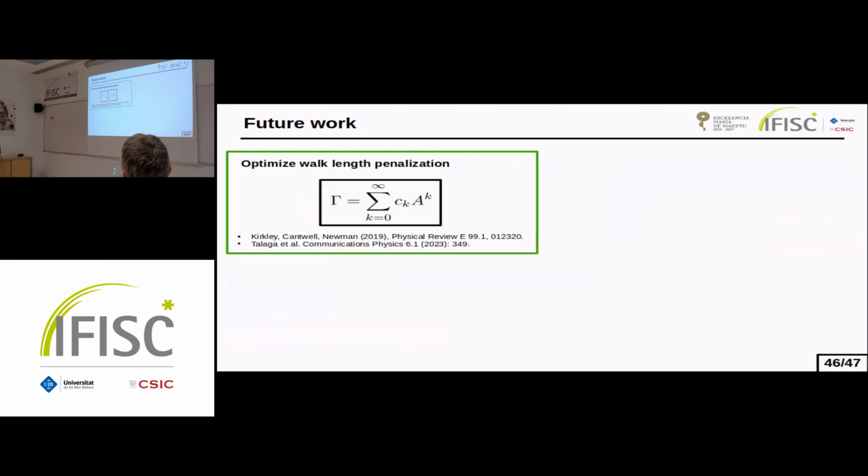Finally, as future work, I think four main avenues of future work would be: first, to optimize the penalization that is included in the communicability and the local balance. I have used throughout this talk the inverse factorial, but there is no reason why in practical applications it has to be the best possible choice. So it is important to explore additional choices of this parameter.